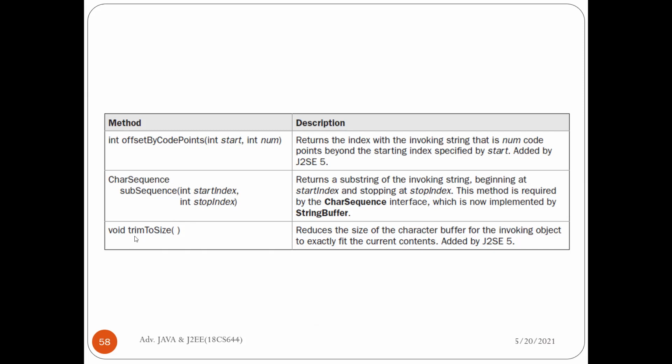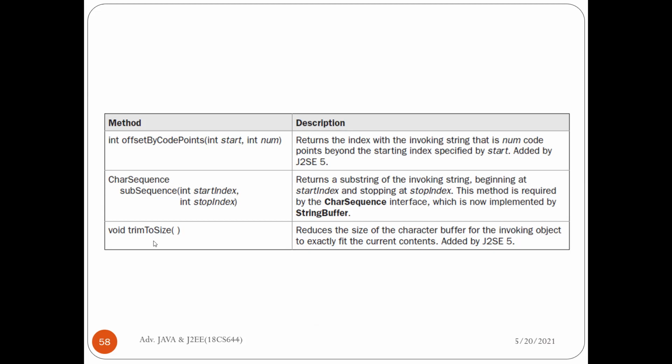Then one more method, void trimToSize. This method can be used to reduce the size of a character buffer for the invoking object so that it fits only the contents. If we have only 5 characters and 16 bytes are allocated, then the remaining will be a wastage.